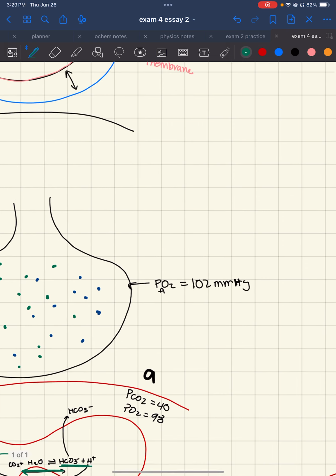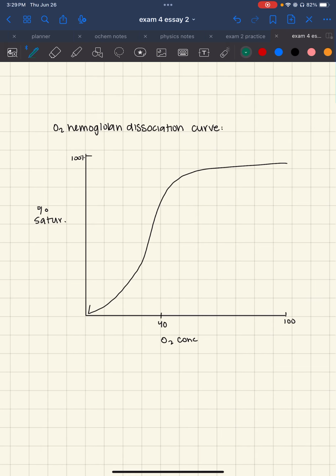Okay, so the last thing that we need to talk about is the hemoglobin dissociation curve. And this is the hemoglobin dissociation curve I have drawn. It's not perfect, but it's a good idea. Basically, when we are at 100% oxygen saturation, right up here, we're going to be fairly close to 100% hemoglobin saturation. And our bodies are really well adapted so that as we drop in oxygen concentration, or in our PCO2, we're pretty good at keeping